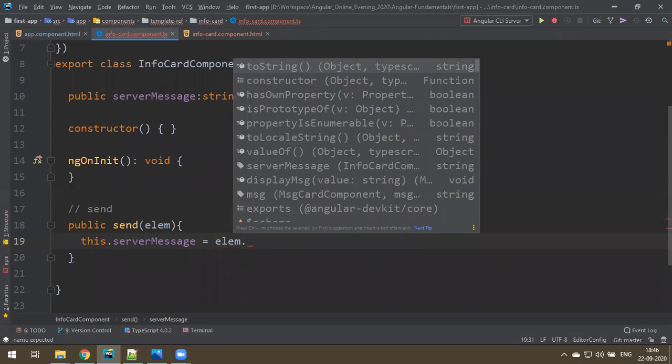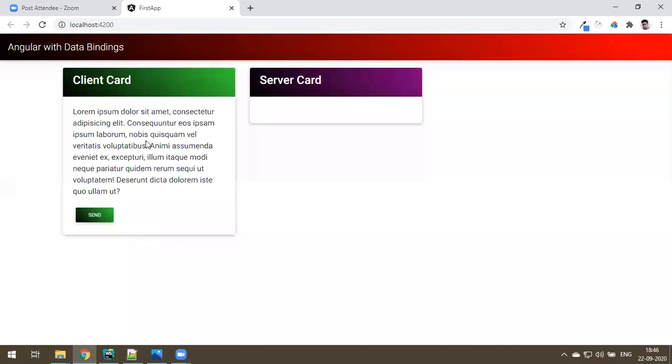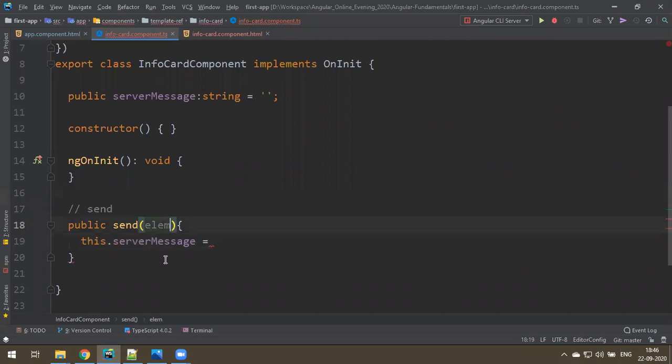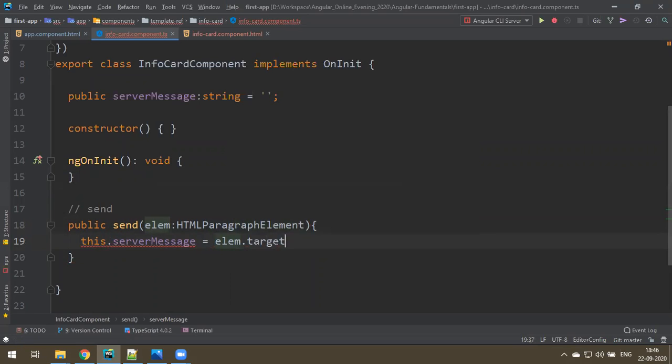You're not getting the automated hint because you haven't declared what type the element is. The element is a paragraph element, so you can declare the type also: HTMLParagraphElement. That's a class to represent the element. You can have image element, input element, like that. So element dot target dot innerText.